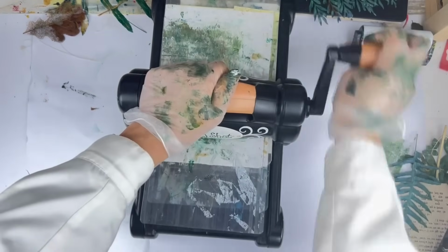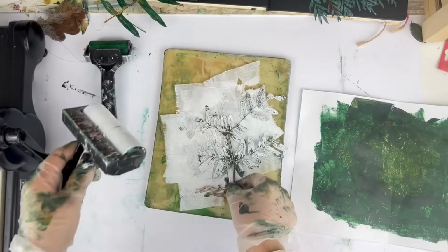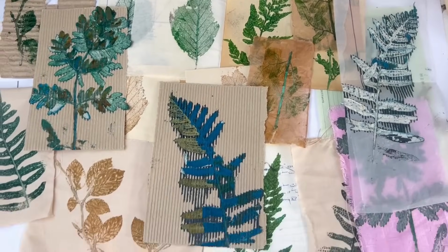Hello everyone, be very welcome to this week's video. Today I want to share with you how I use a die cutting machine, or those embossing machines, as a tool for monoprinting, and get these amazing, sharp and very well defined monoprints from botanicals, with an extra bonus of some beautiful prints that you can get using some tips that I will give you during this video. So come along and join me at my art table and let's make some mixed media techniques for our junk